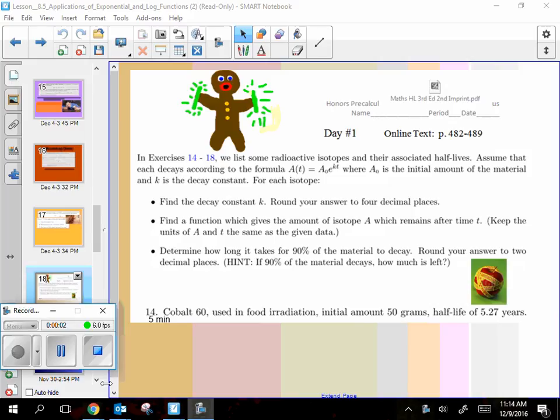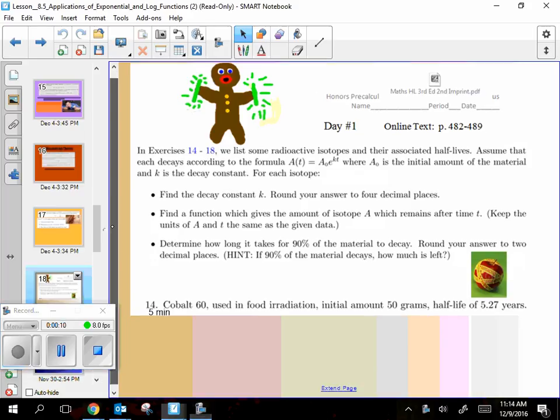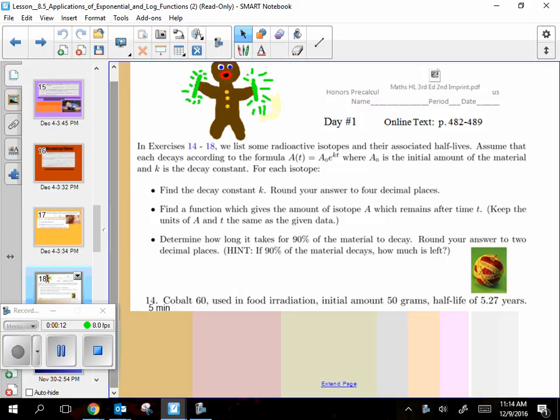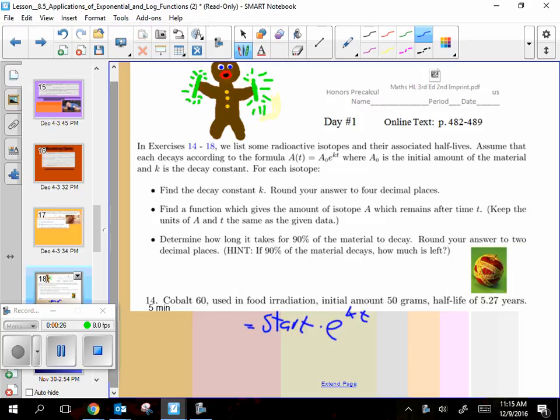Okay, so we're actually starting today, which is 8.5 applications, day 2, by grading last night's homework, and I want to talk through how these problems should have been done as part of the lesson for today. That's why I'm recording. Normally I don't record the homework, but here's how I want you to think of these. You have your start amount, then you times by e to the kt, and then over here you have your